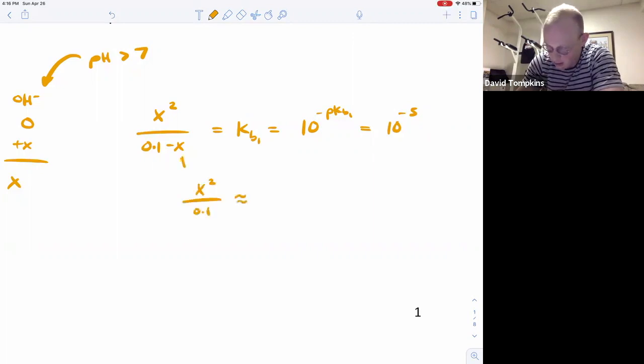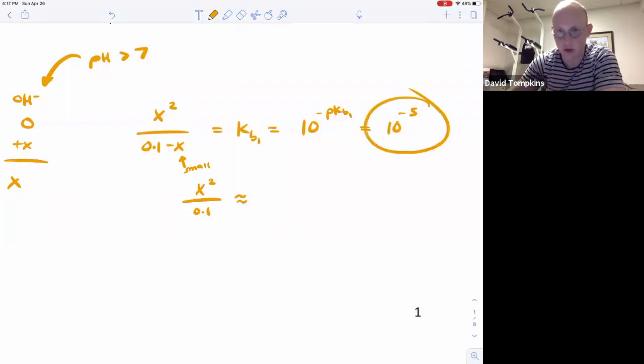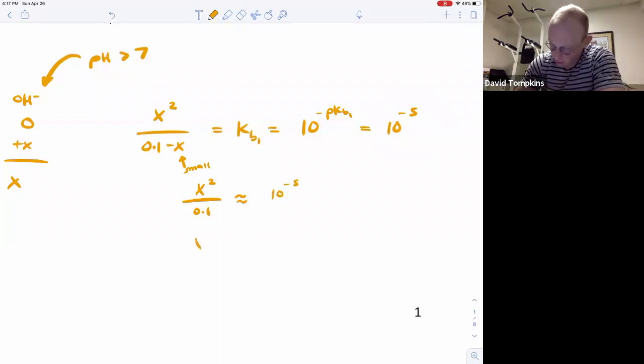By saying that this is negligibly small relative to 0.1, because the equilibrium only shifts a tiny bit, right? This is 1 divided by 100,000. So you barely make any product. Furthermore, you can multiply over to show that x squared is approximately 10 to the negative 6. And therefore, x is the square root of that, or 10 to the negative 3,